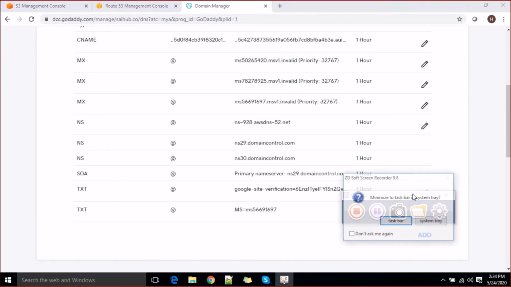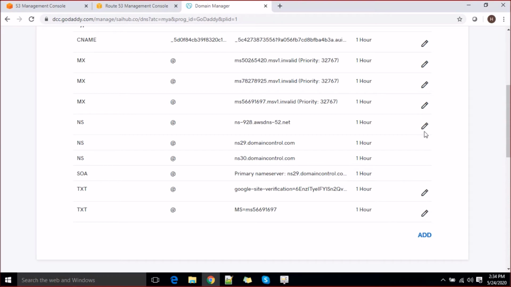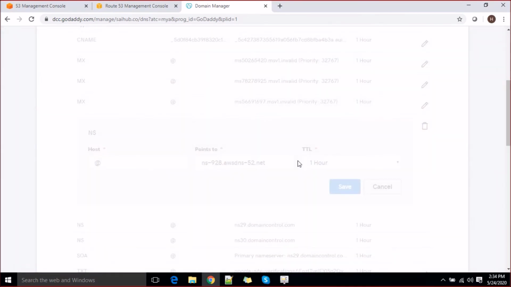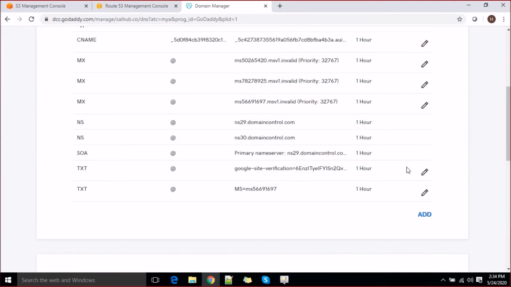Okay, so I have deleted most of the rules now, so let me remove this last one too. So now I will add my NS domain from AWS here.